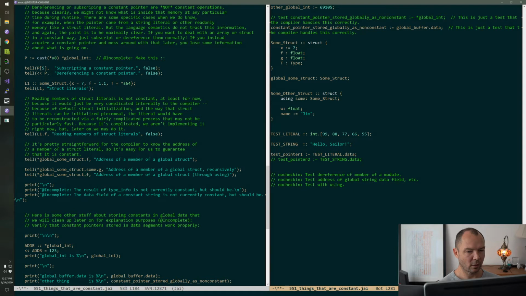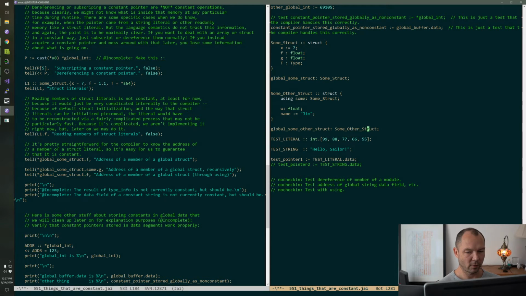Actually, we want this. So we've got global sum other struct and global sum other struct dot t, right? So this one is doing a double deref, and I actually don't think this is going to work right now.